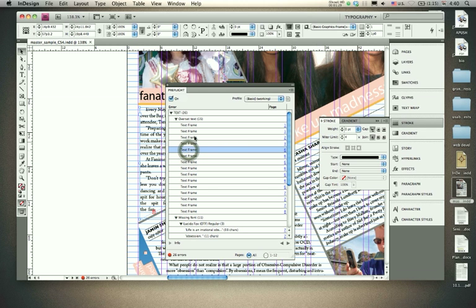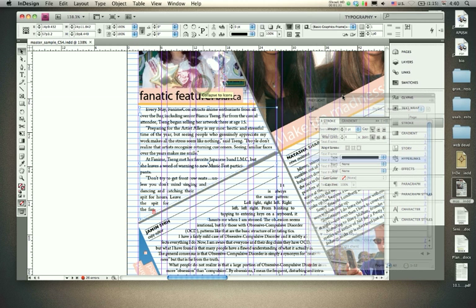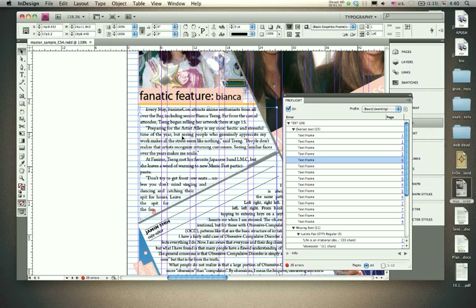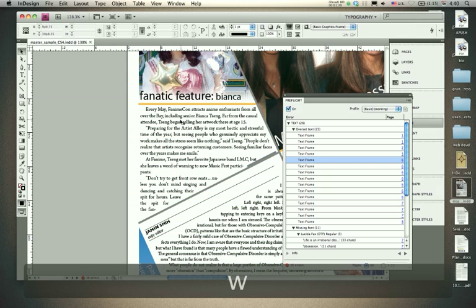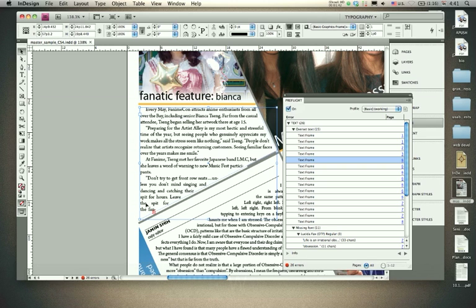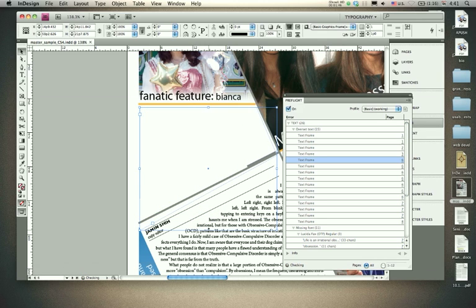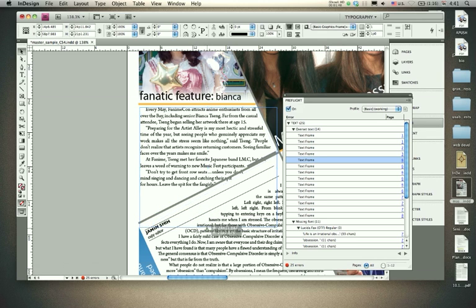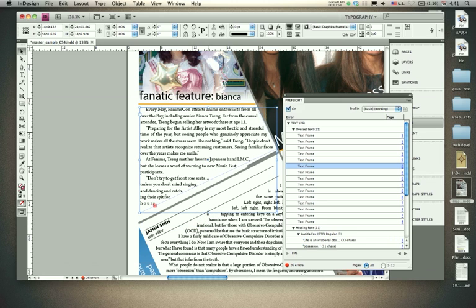So if you double click one of these, it'll show you the text frame, and I'm going to switch back into preview mode by pressing W, and if I go to this text block, you see that there's this little red plus sign, and it's important that you don't have that. So let's say if I dragged it, it means that there's text